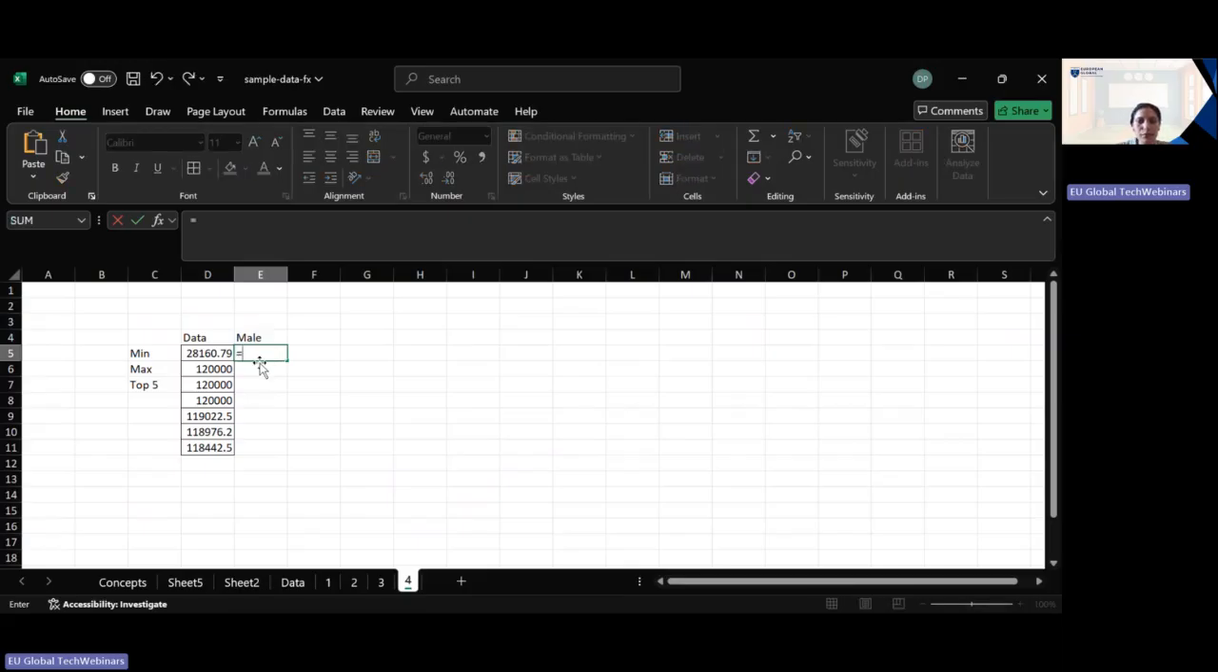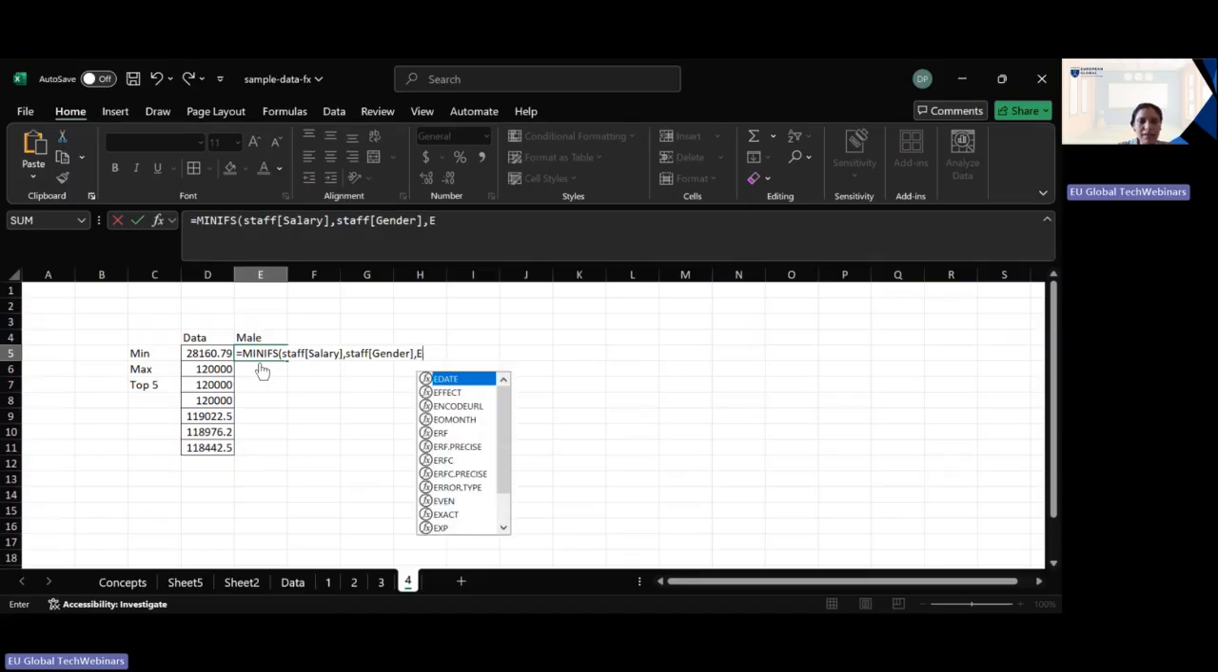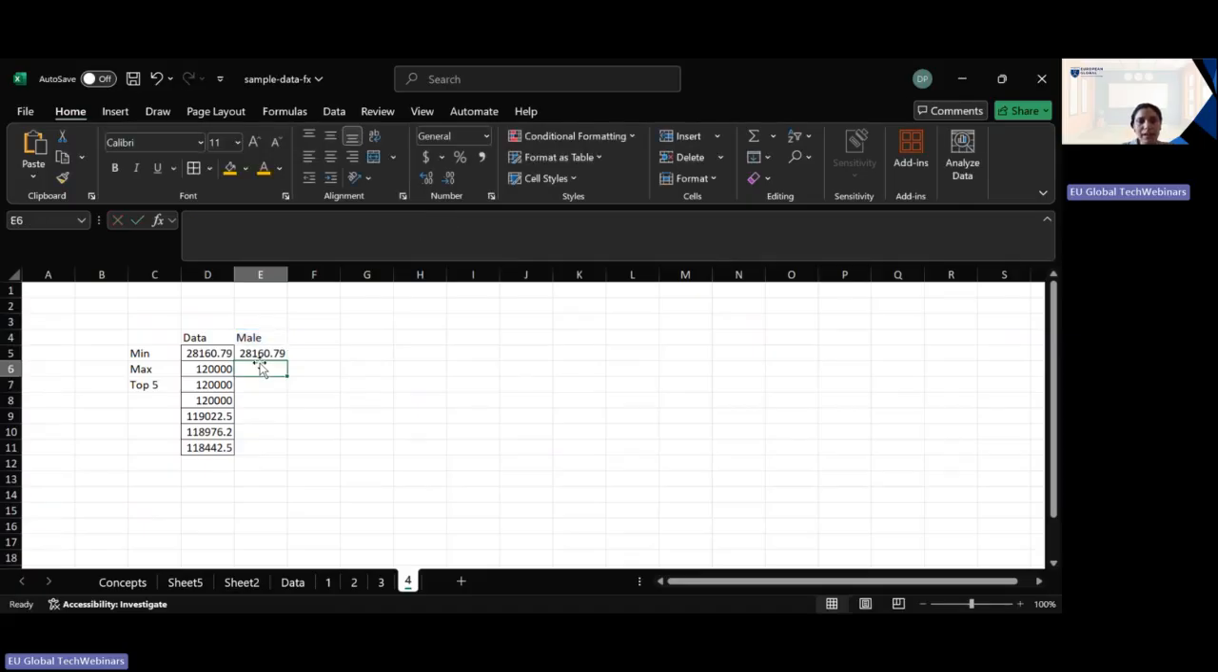So we will use the min-if function, right? Then we have to give the staff and we have to give a salary over here, right? Then we have to take the staff over here, and then we have to give the gender, because we are finding it according to gender, right? And in this, we have to give a value. It is on E. We have to give E dollar, and we have to give a value 4. So this is going to give us the minimum value. We can see the minimum value for the entire data set is very similar to the minimum value for the male. That means the male member is getting the lowest salary in